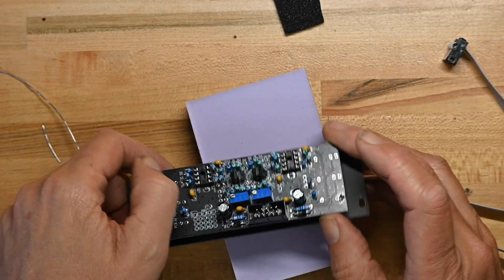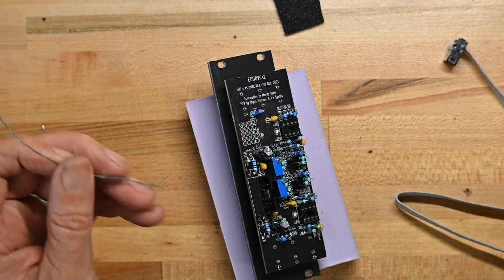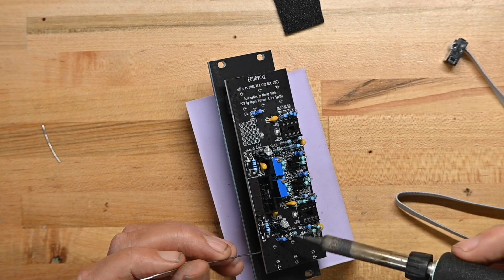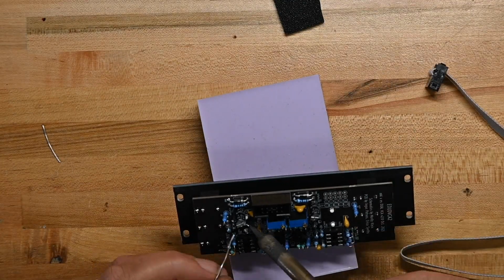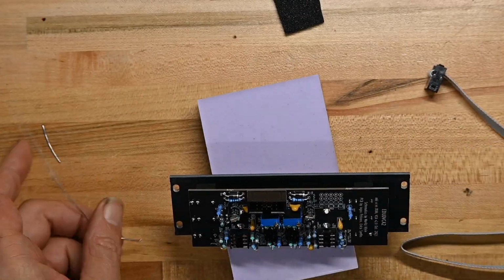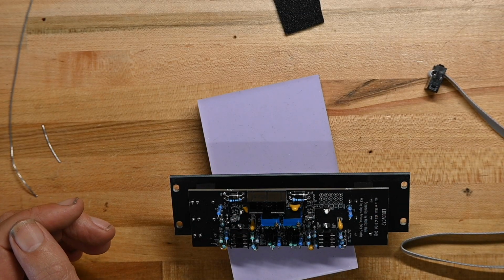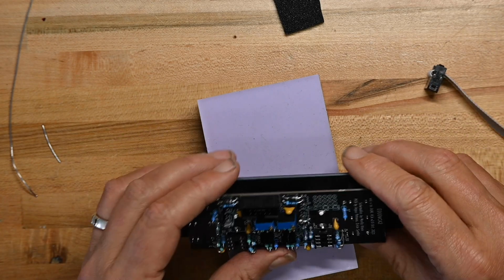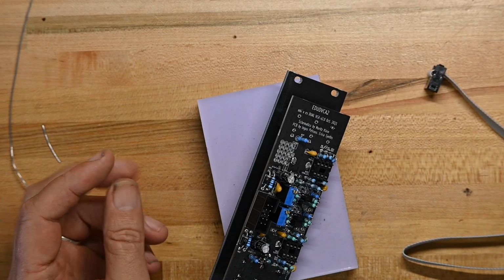One thing you'll probably notice is there are no LEDs on this product, so you don't have to worry about positioning LEDs. So that's all the soldering that we're going to do on this board, so I'm going to turn the iron off. Now I'm going to put the